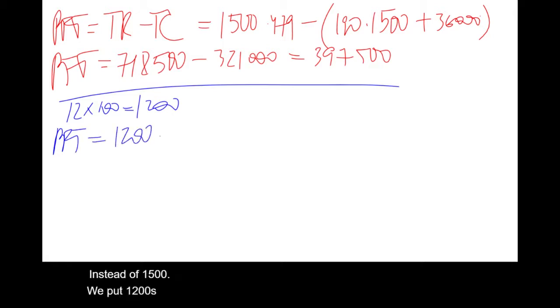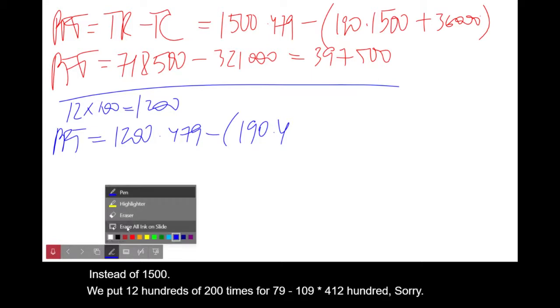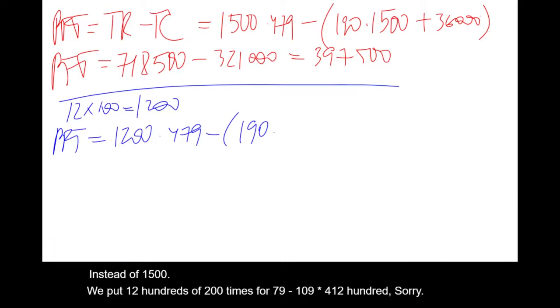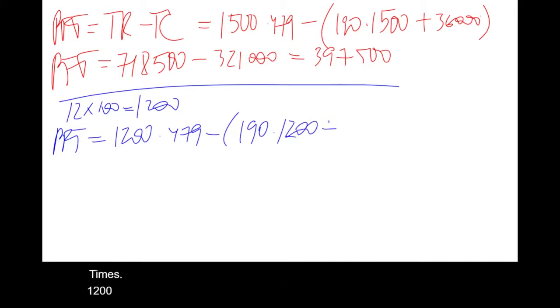So 1,200 times 479 minus 190 times 1,200, plus